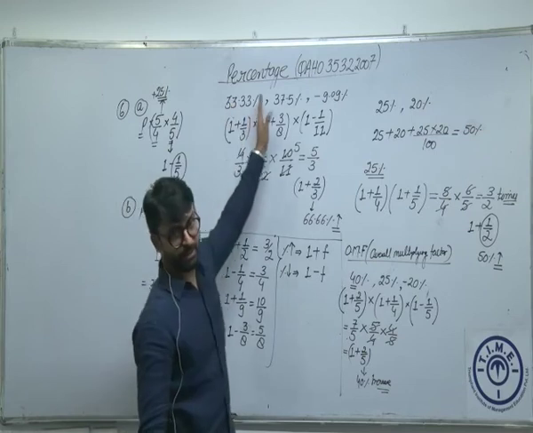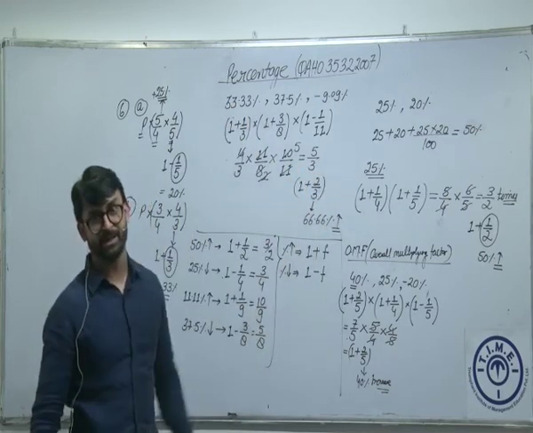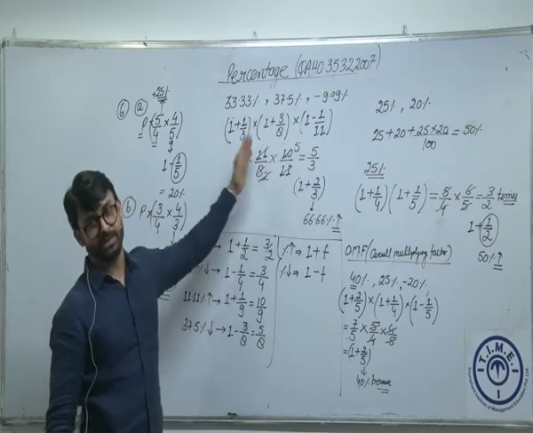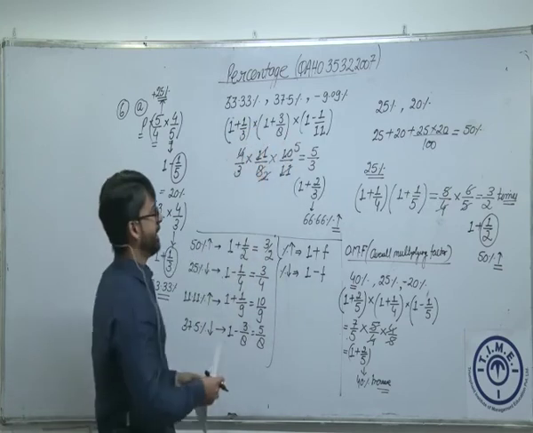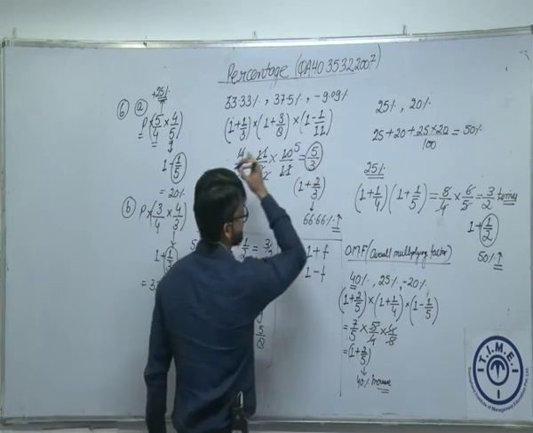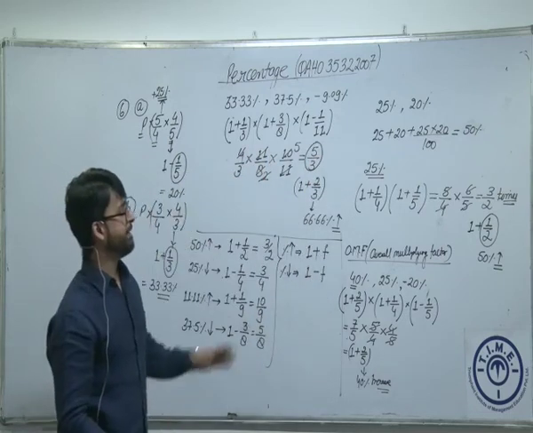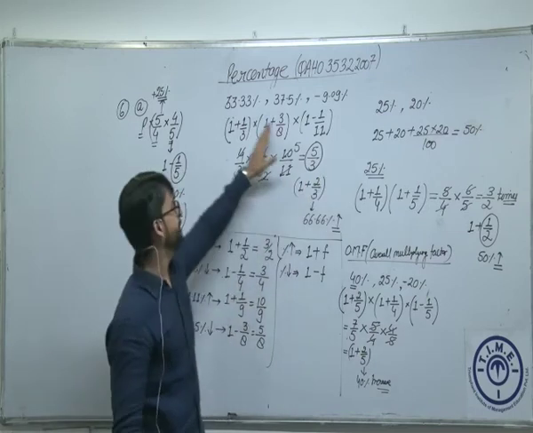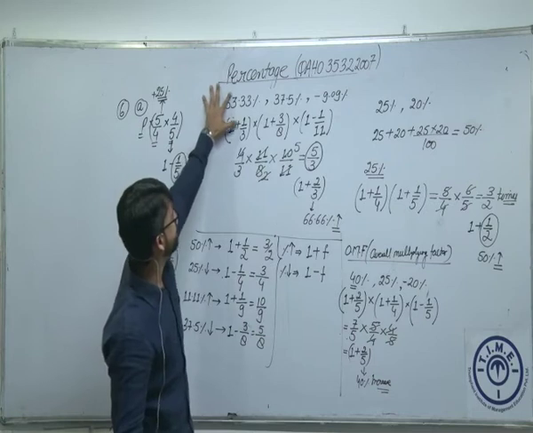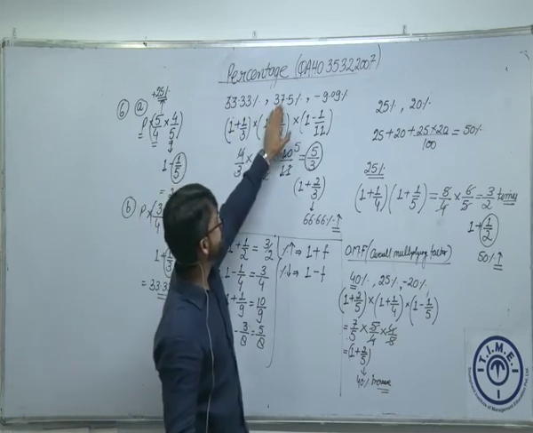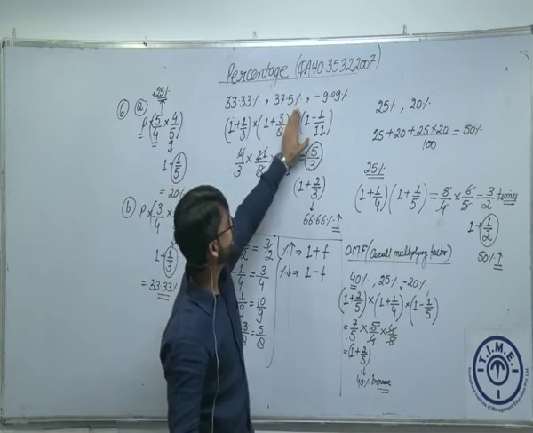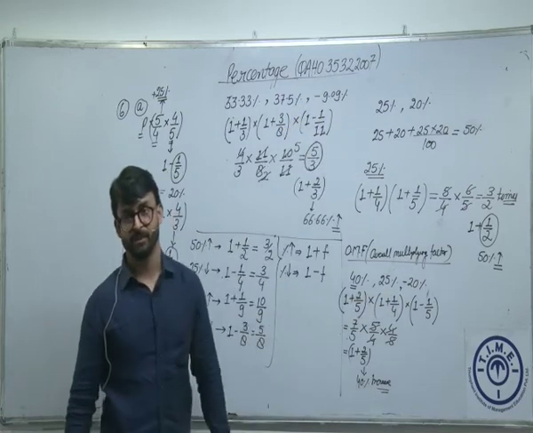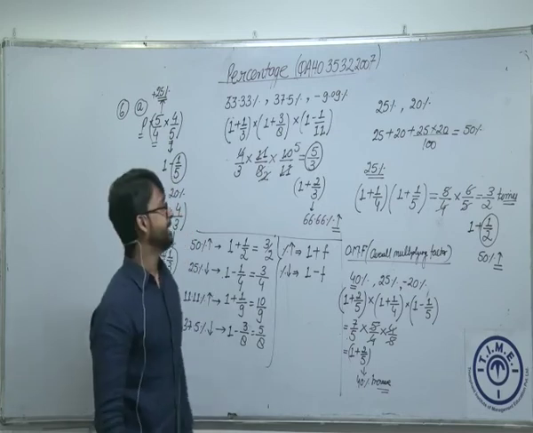Now this is useful in all the scenarios. This can be used in all the scenarios. Percentage changes are complicated, easy, whatever the case is, multiple percentage changes. This is my overall multiplication factor. That means if I multiply any number by 5/3, that is the result of percentage increase of 33.33%, percentage increase of 37.5%, and percentage decrease of 9.09% in succession. I hope this is okay to everybody. Fine. So this can be used.